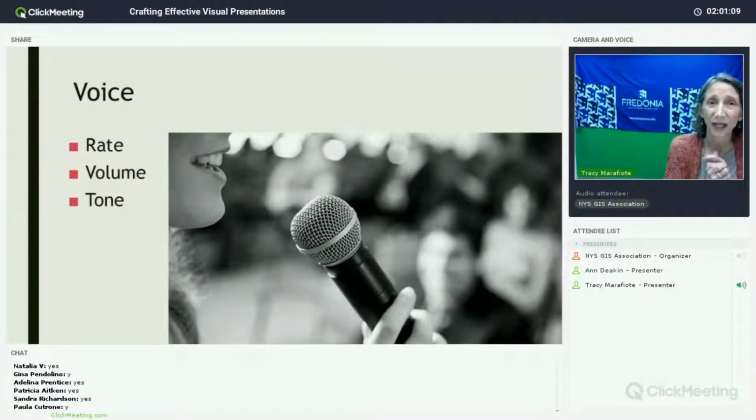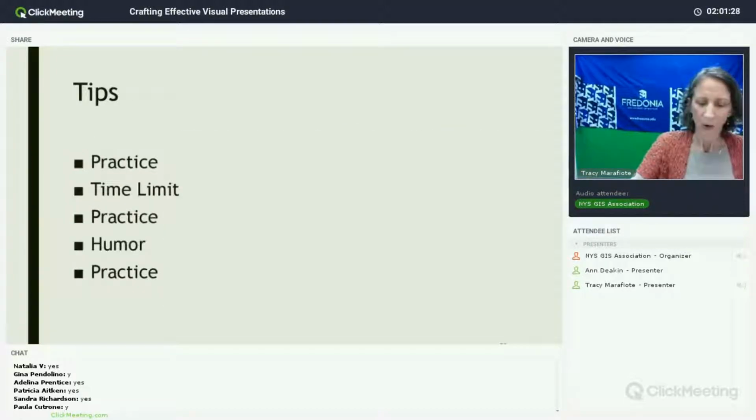All right, last thing is your voice. Let's sum this up. Try not to talk too fast, too quietly, or in a monotone, because you'll put people to sleep. Did you get that? Try not to talk too fast, too quietly, or in a monotone. Use natural variation. Make sure that people can hear you without struggling, because if people have to try too hard to hear you, they're going to give up.